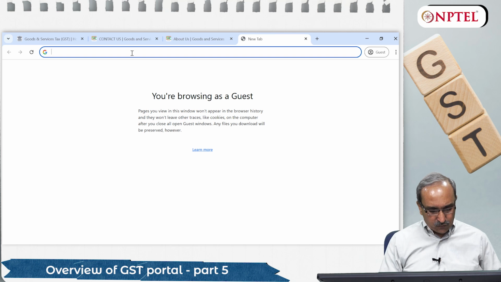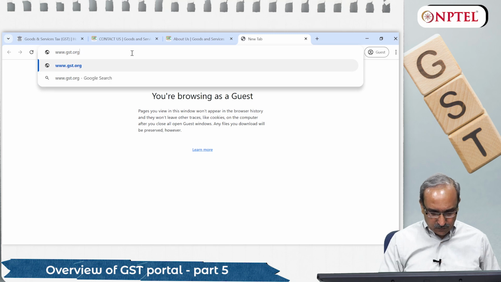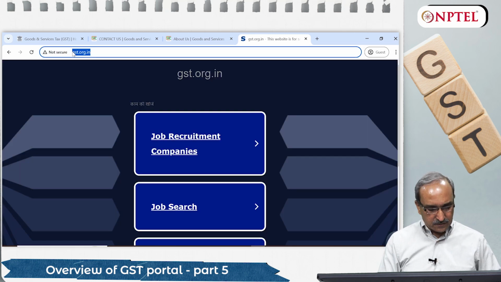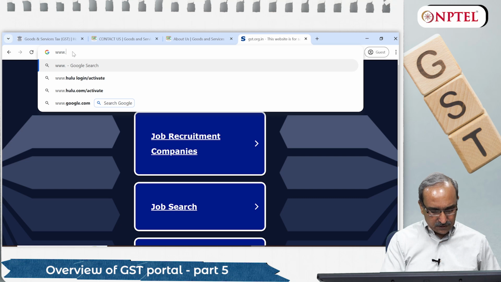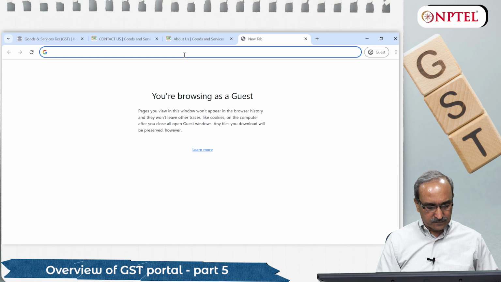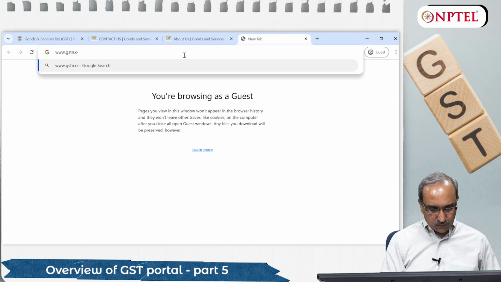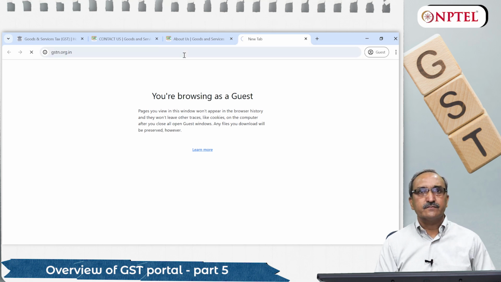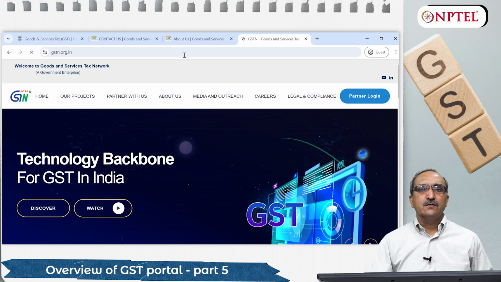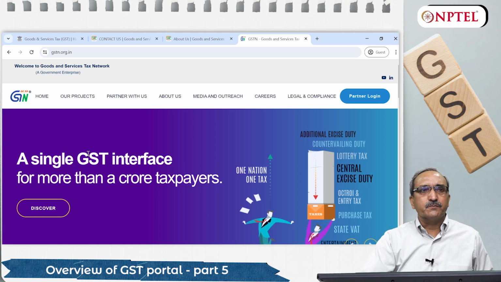When we want to go to GST Network, we type www.gstn.org.in. So friends, this is the portal for GSTN, which is responsible for smooth running of the GST portal. So here is the home page of GSTN,